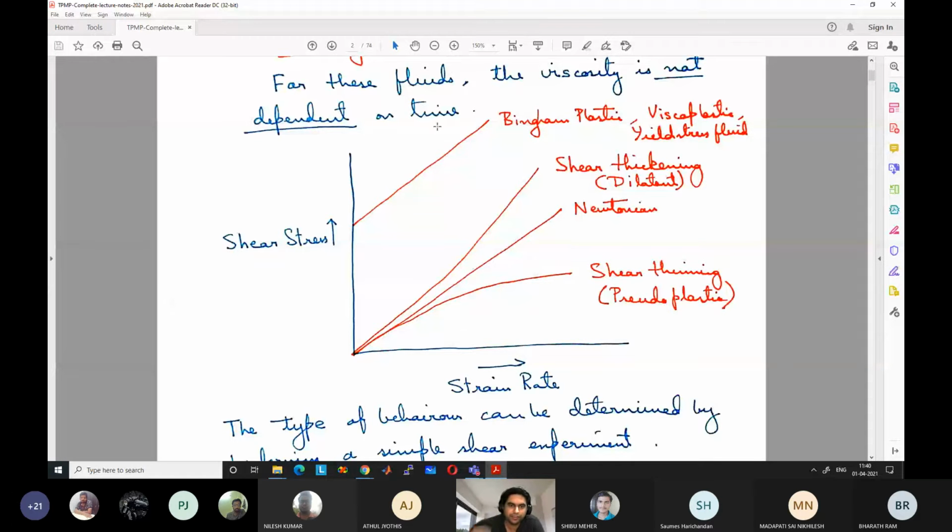What is this type of fluid? This type of fluid behaves like a solid at very small shear stress. Okay, if there is no shear stress, it behaves like a solid, so there will not be any flow in this fluid. If you keep on applying stress to this fluid, up to a certain point there won't be any flow. Then once it reaches a critical shear stress, it will start behaving like a liquid. Beyond that point, it will behave like a liquid and start flowing.